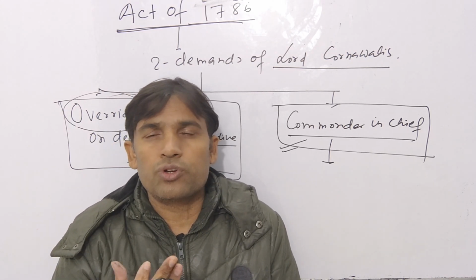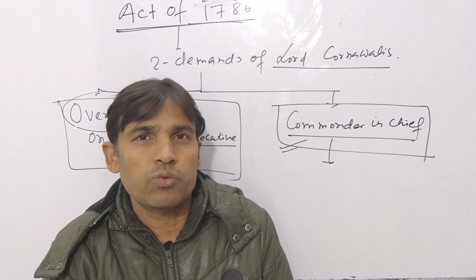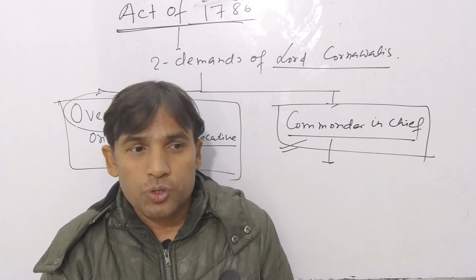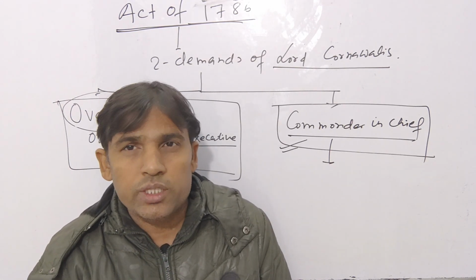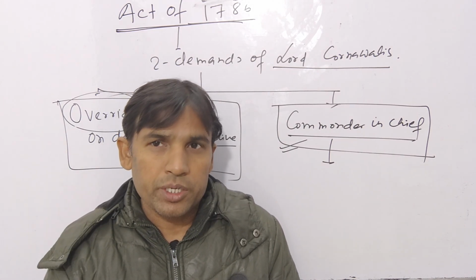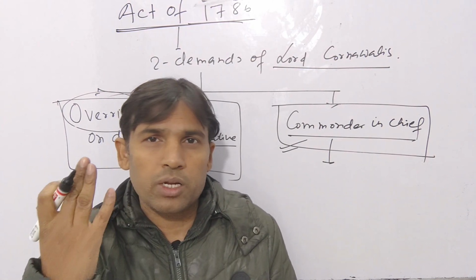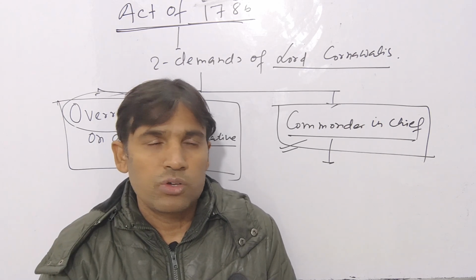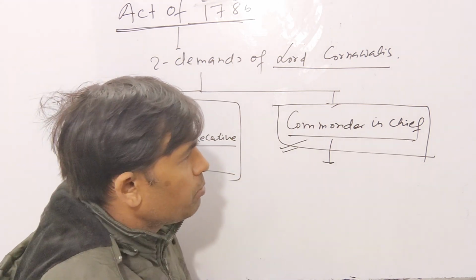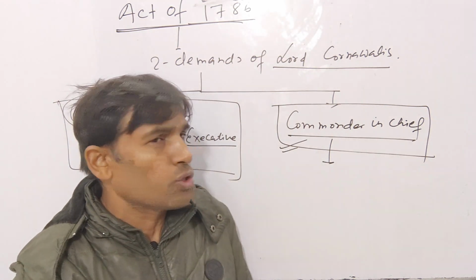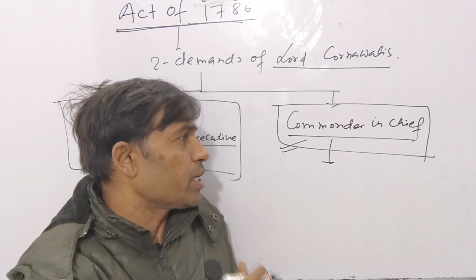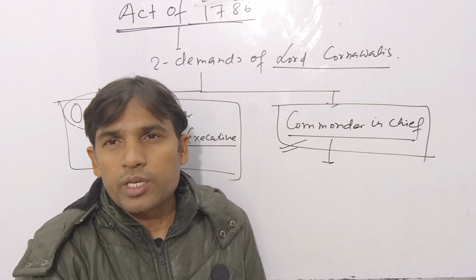because the British knew very well that if we do not strengthen the military power, we could not dominate, we could not rule in India. So on one hand, they had to strengthen their power through the military, and on the other hand, they had to control large areas. For this reason, when he became the commander-in-chief, he began to mobilize the army, he began to reform the army, and after that, whatever Governor General came into Bengal, they started